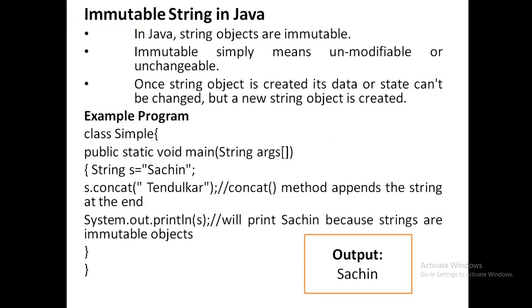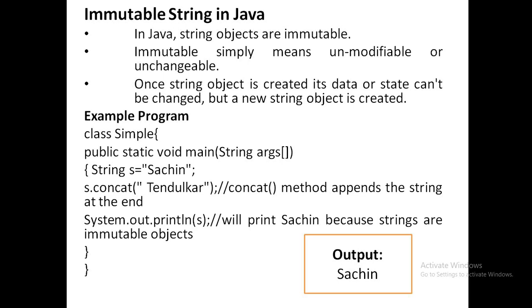Immutable string in Java. In Java, string objects are immutable. Immutable means they cannot be modified or changed. Once the string object is created, its data or state cannot be changed, but a new string object can be created. In the given example, we have a class Simple, and in the main function we have declared a variable